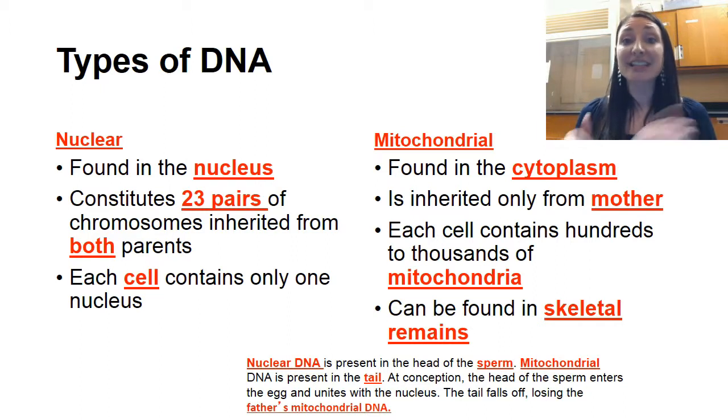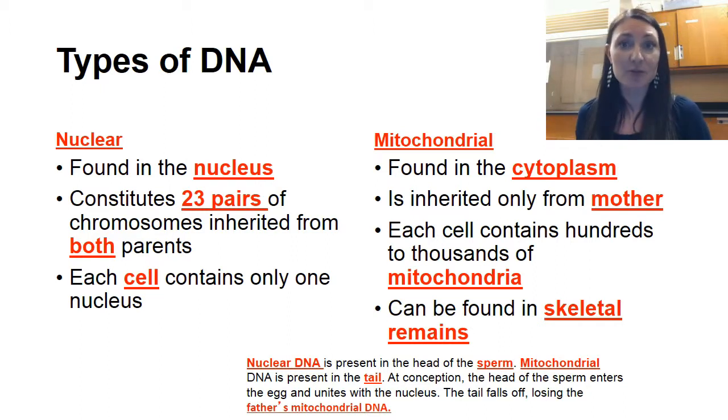Mitochondrial DNA is found in the cytoplasm because it's found in the mitochondria, which is found in the cytoplasm. You inherit these only from your mom because you wouldn't inherit those organelles from dad's sperm cell. Each cell contains hundreds of thousands of mitochondria because those are involved in energy conversion for your cell. And we can find mitochondrial DNA in skeletal remains. So if we don't have good tissue samples left to get nuclear DNA from, then we would go to